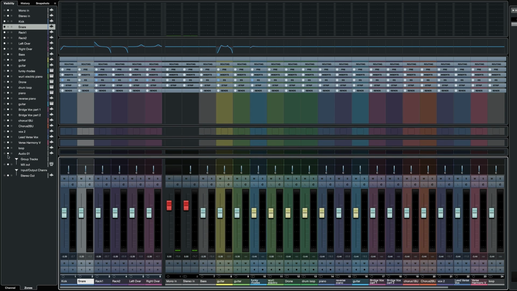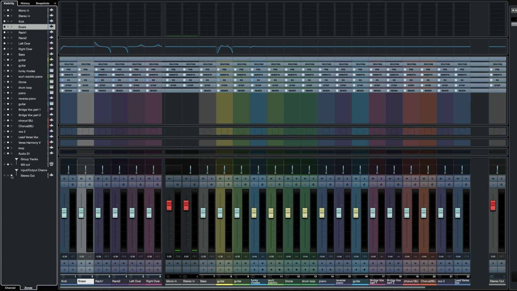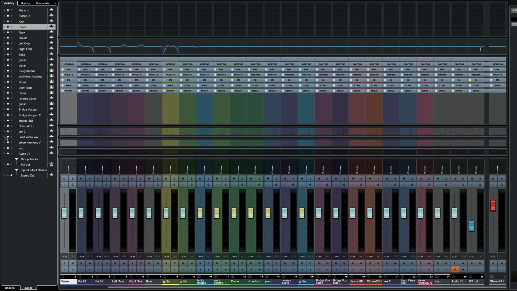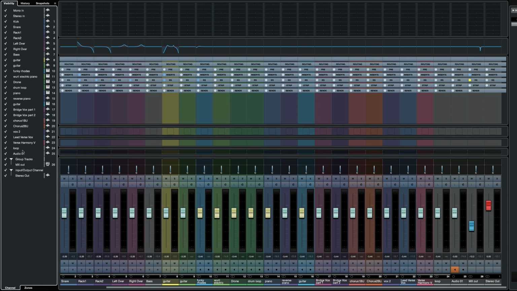And similarly, if I go to my stereo out, I want to lock that to the right-hand side. Cubase will make a little region here that doesn't get populated, and it will lock my stereo output, regardless, again, of what I'm scrolling in within the project. So pretty handy little tool. I'm going to quickly put them all back into the center, just for now, but now you understand what that does and how the zones work, as well as the channel visibility.